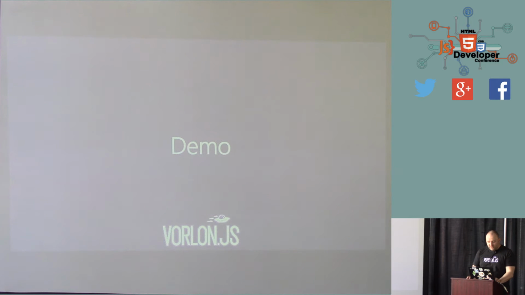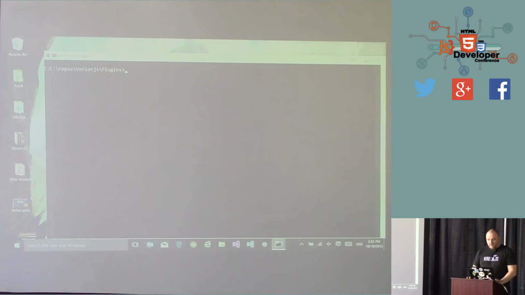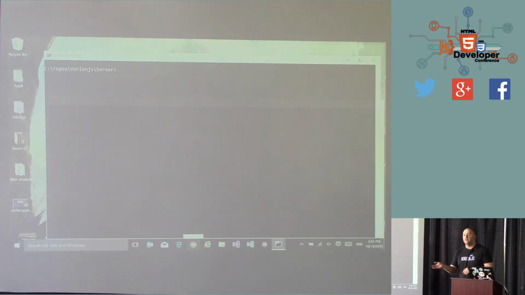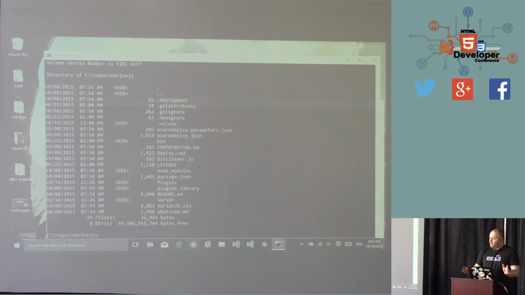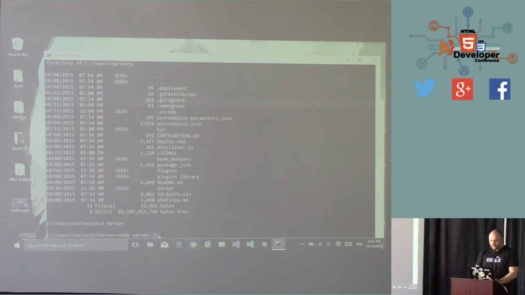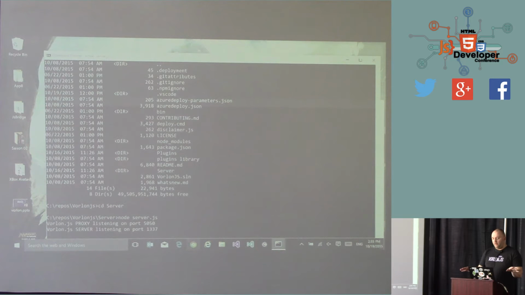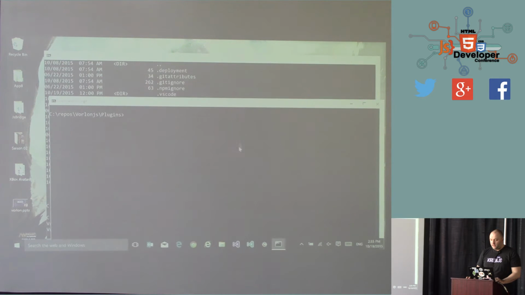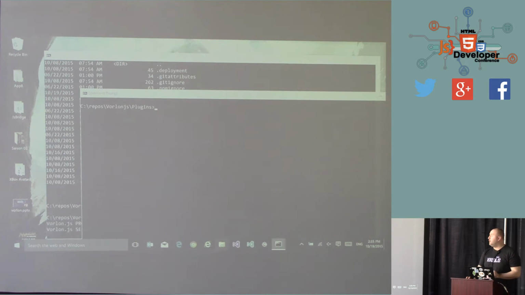So, let me do a demo. I have already forked my Vorlon.js, so you can go to the vorlonjs.io and you can fork the GitHub repo, and you will get this folder already deployed for you. Let me go to the server part. So it's a Node.js project. I can just start node server.js, and we will listen on a specific port for you. I also have a specific folder here named plugin, where all the plugins are live. And let me just start a specific gulp